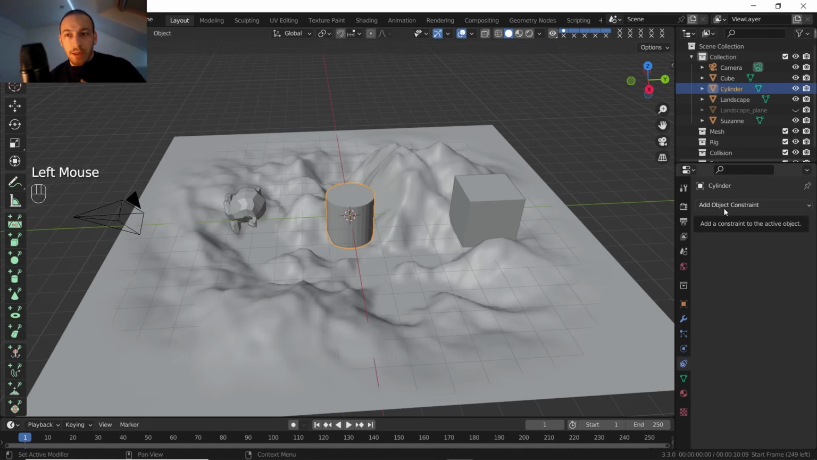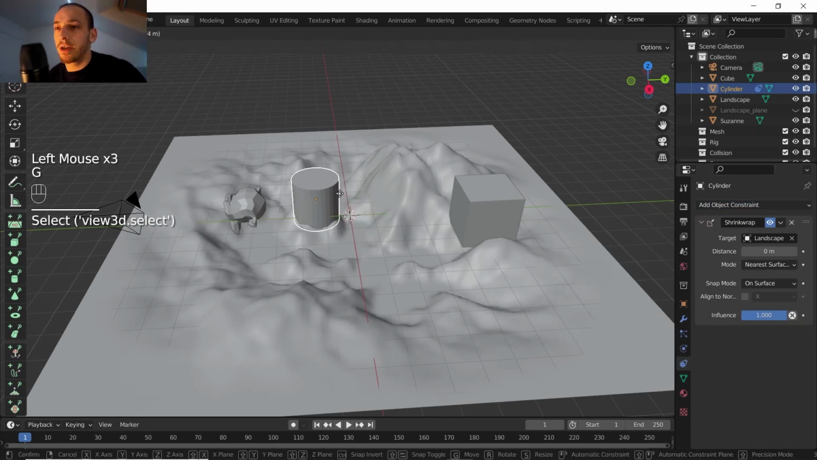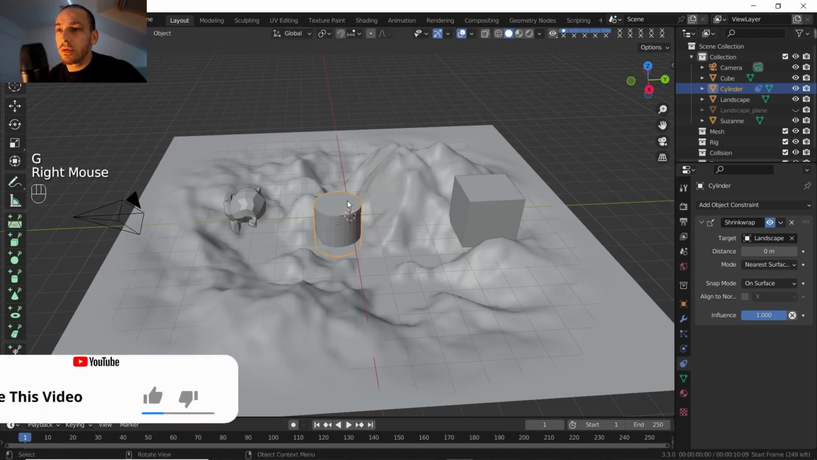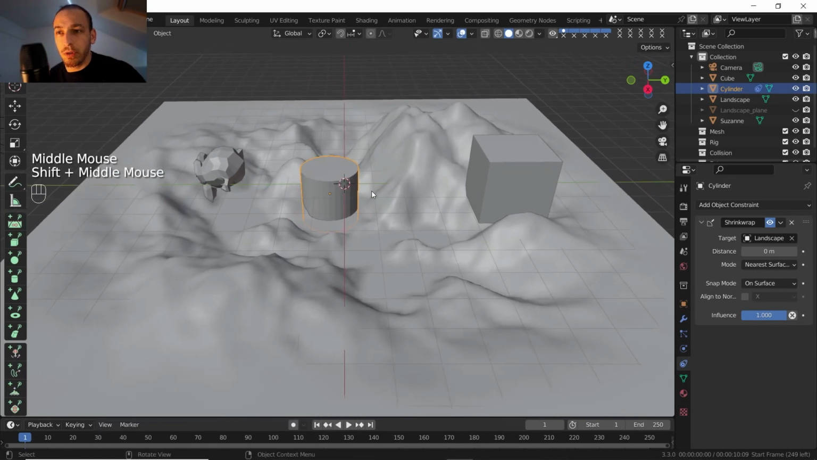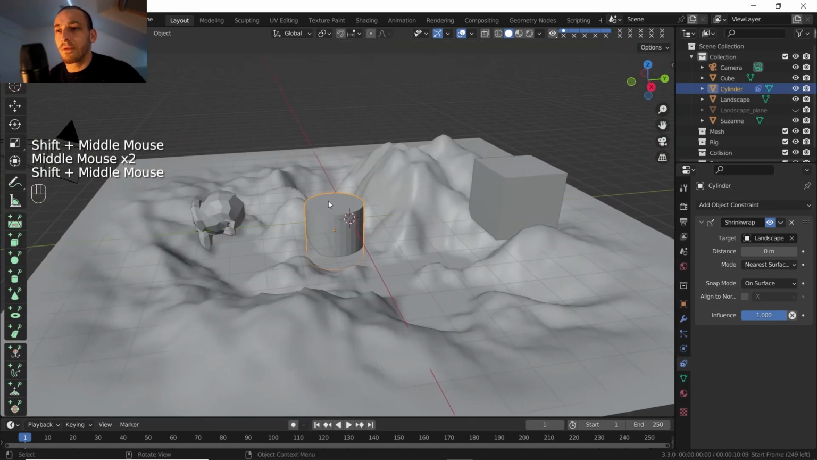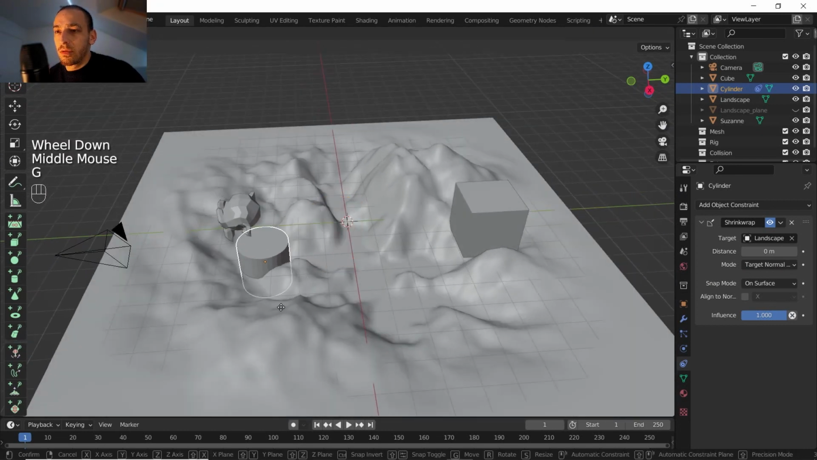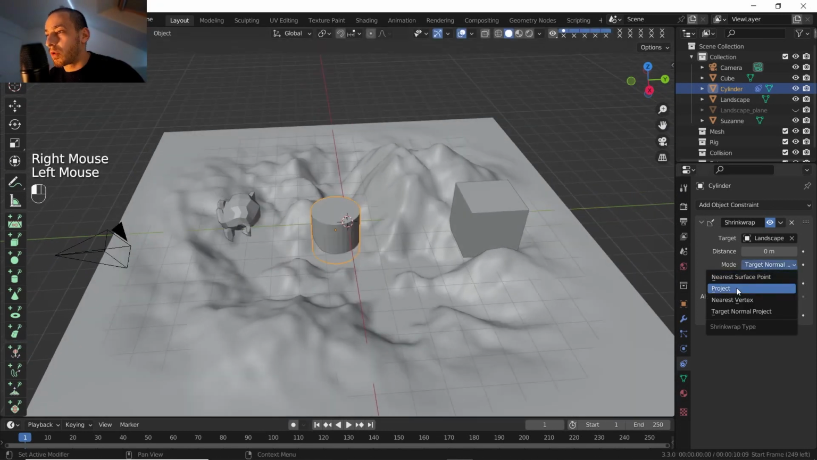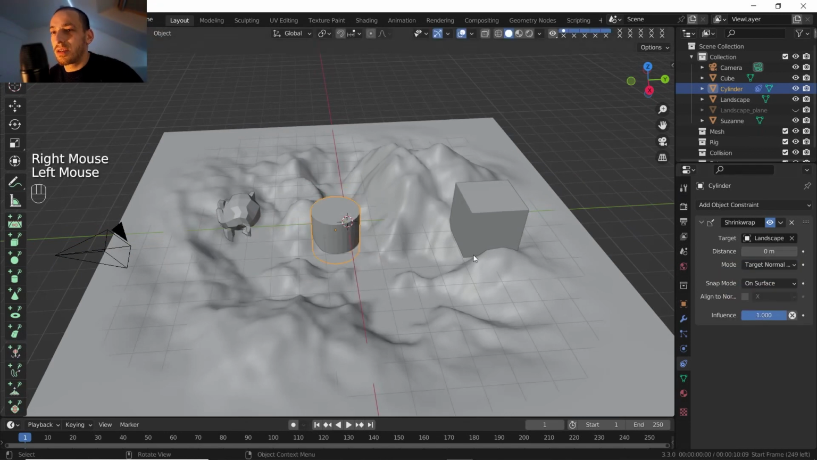You go to constraints, and there you have the shrink wrap constraint. Then we just select the object that we want to shrink wrap on, and now the object is following the terrain by the origin point, so it's exactly in the middle, snapped with the geometry. Maybe I'm gonna change the mode to target normal, so it's a little bit smoother. Now of course project is the smoothest, but I found that it's having some errors when I put the other